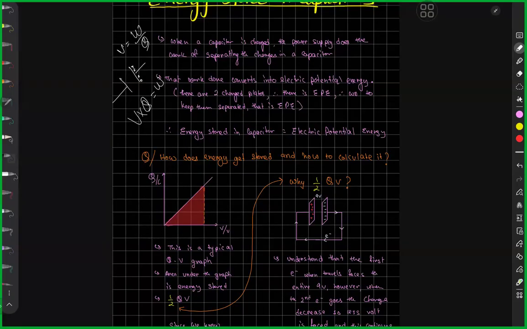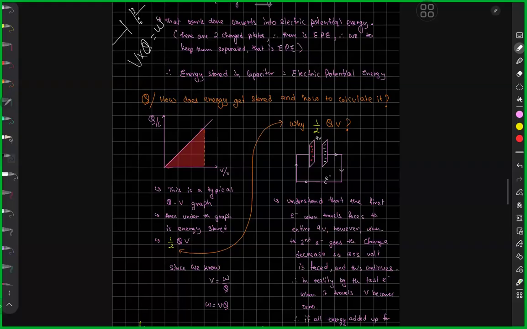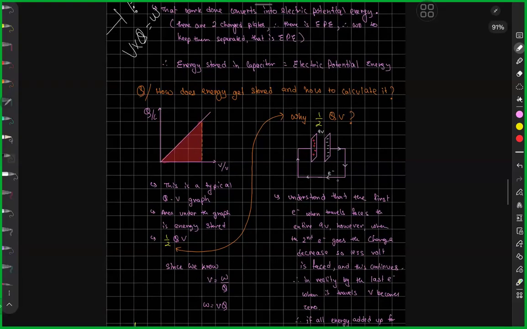Okay. So basically, how does energy get stored? Initially, when you have a few electrons going in, the amount of potential difference is very little. So the work done on them to go from this plate, this side, to another side is less. So if I try to paint a picture for you guys,